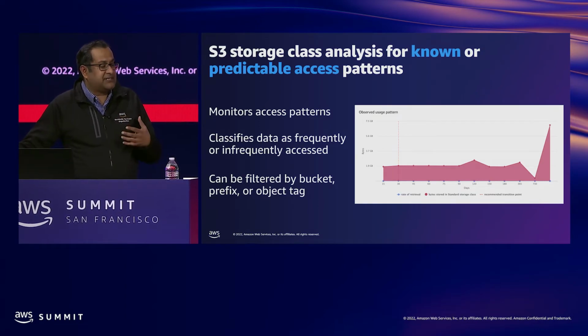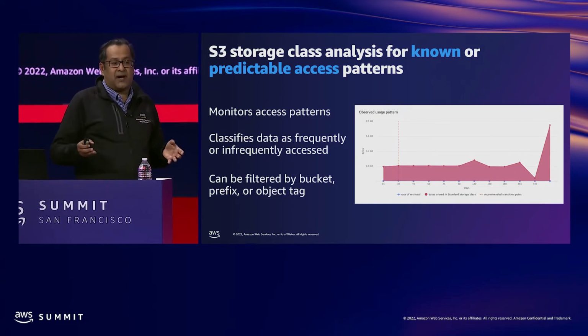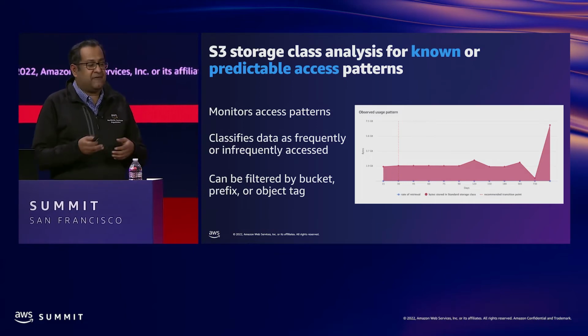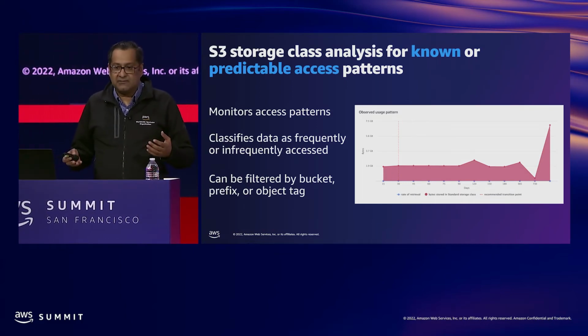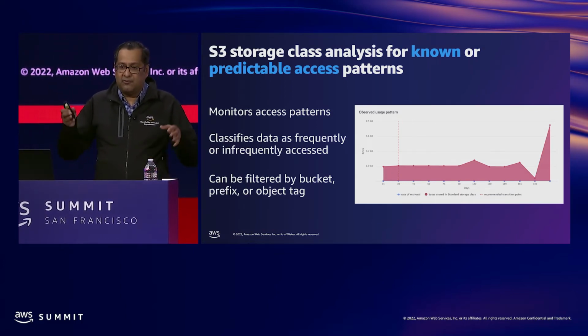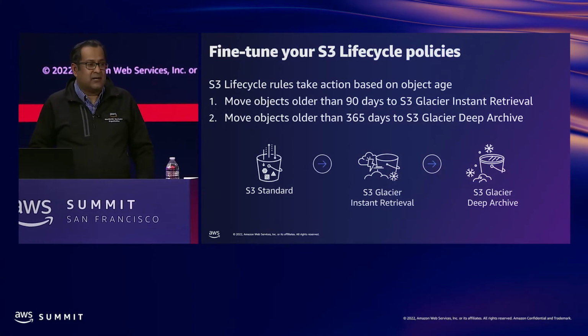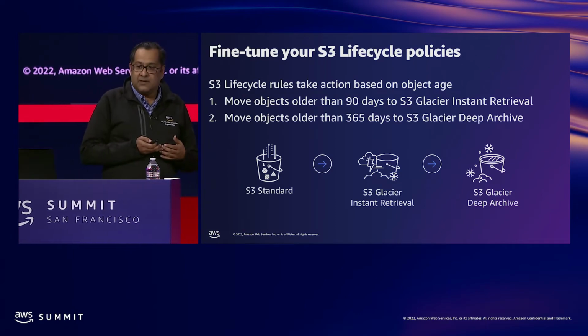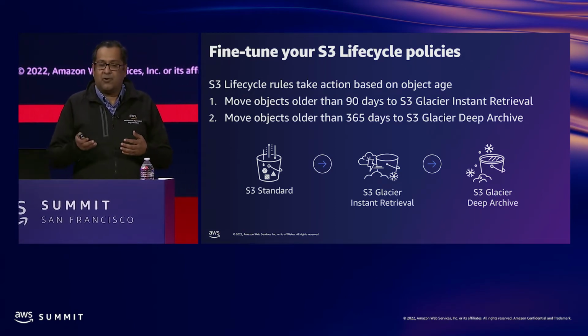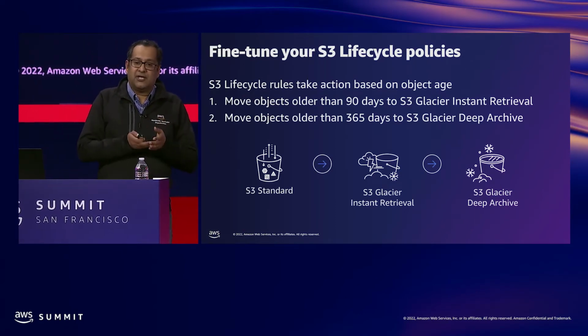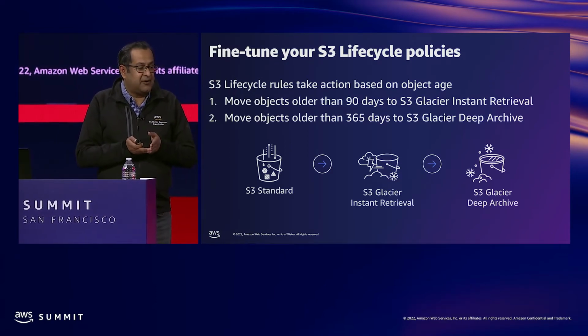And you can run this on all the objects in your bucket, or you can limit it to either a prefix or some object tags. So depending on what you want to do, you can reduce the scope or run it on the entire bucket. And then once you've done that, you can set up lifecycle rules. And lifecycle rules, remember, are based on the age of the data. So what you can say here is that